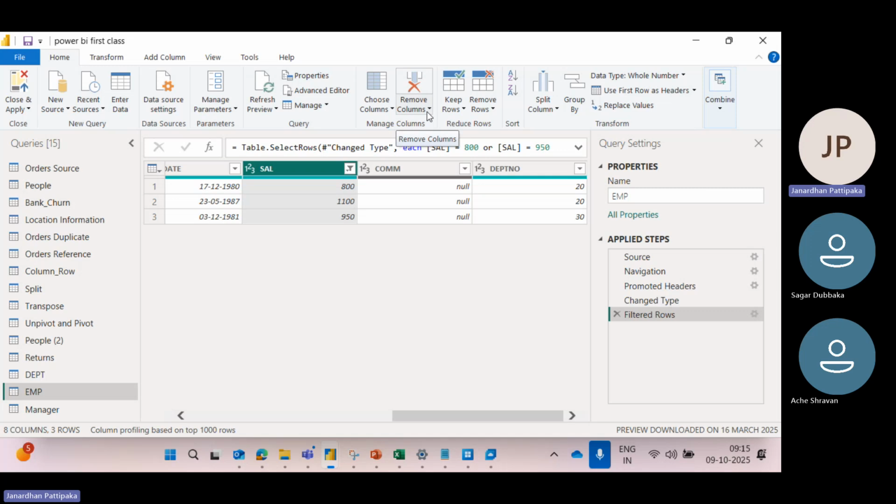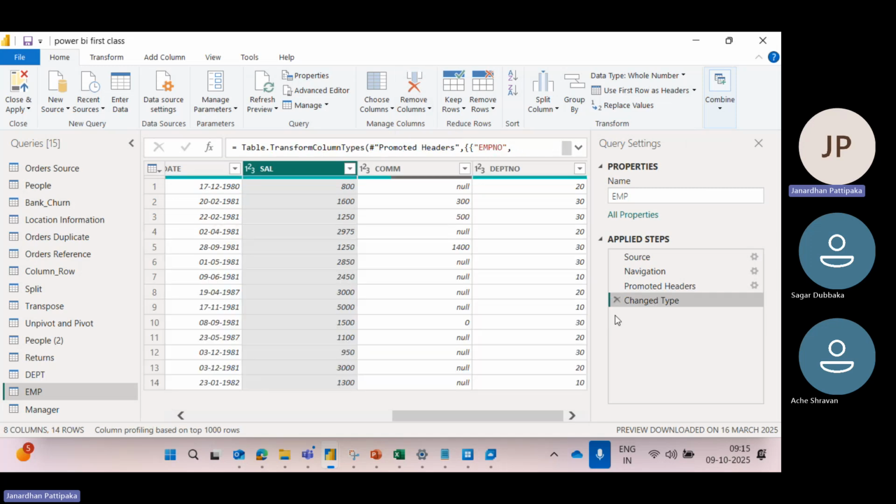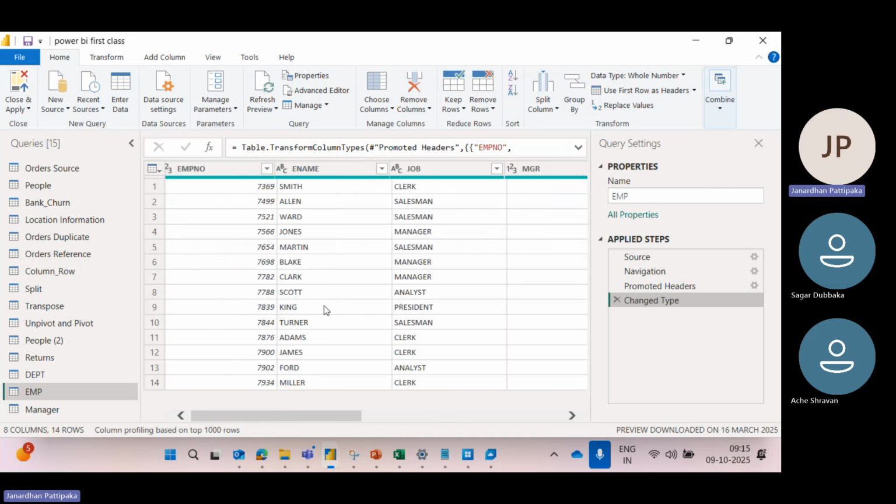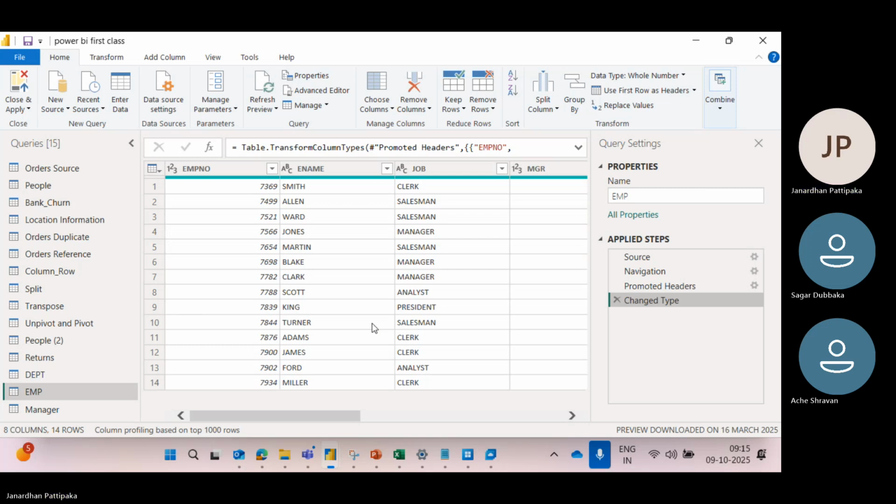Now there is one typical question they will ask in the interview. What is the advantage of the filters? Why are you applying the filters on the data? That is very important. What is the advantage? When you apply the filters on the data, suppose you are thinking that you are,